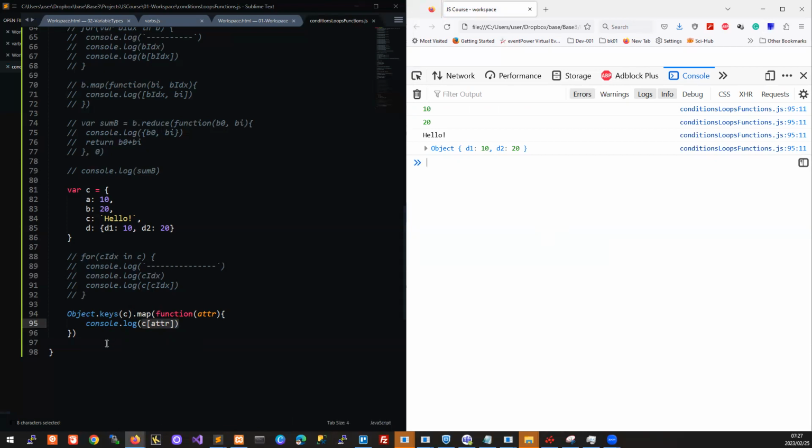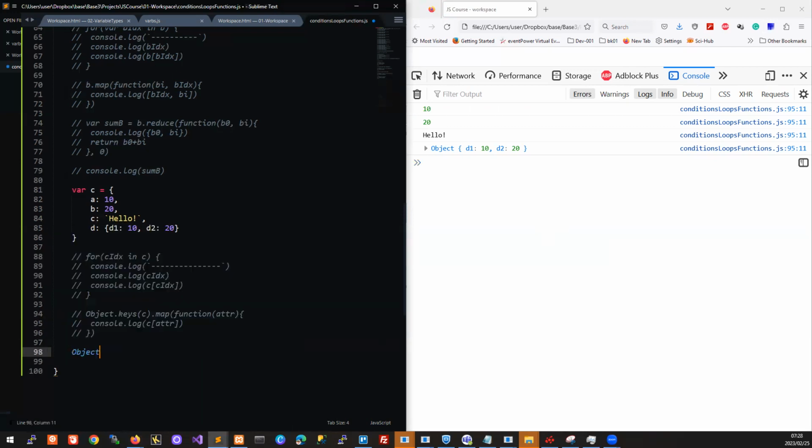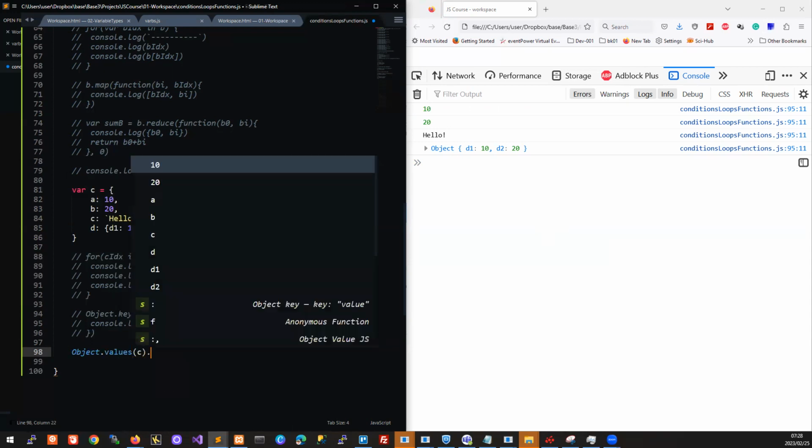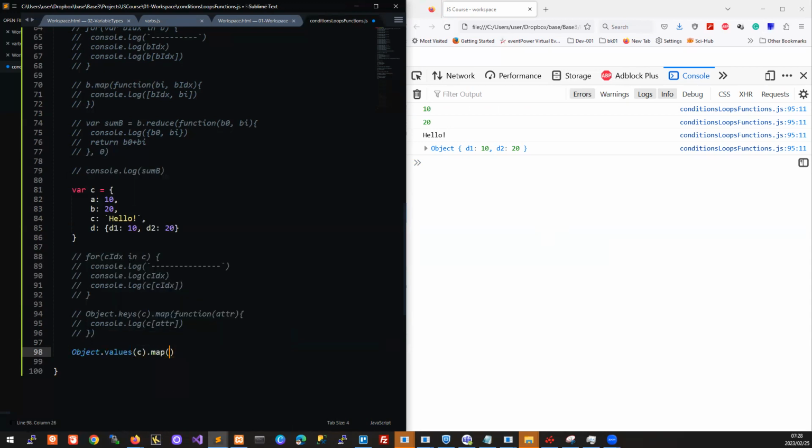Of course, we can also just plot out the values. So if we do object.values of C, and then map over those with a function, this time it's the attribute value. So console.log